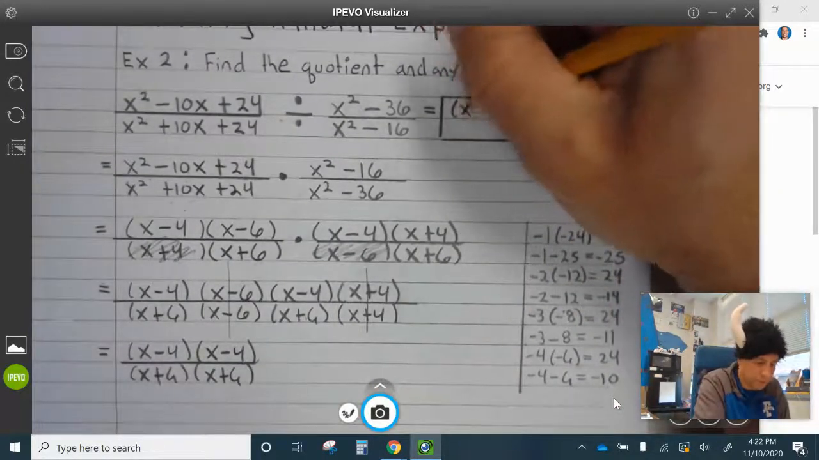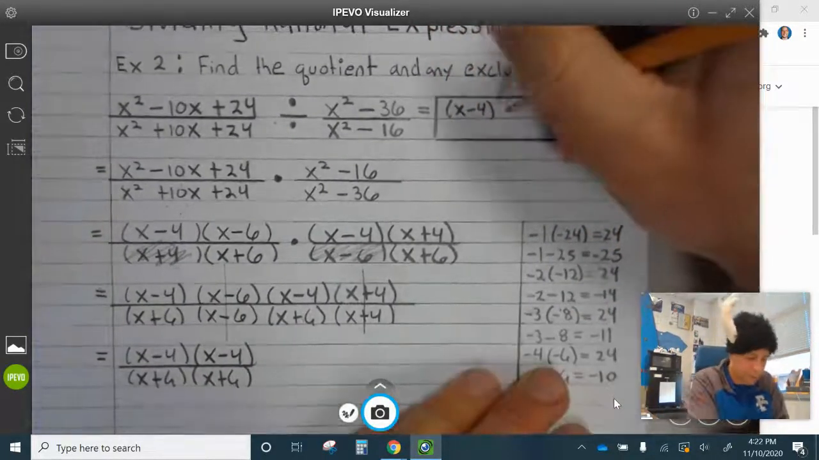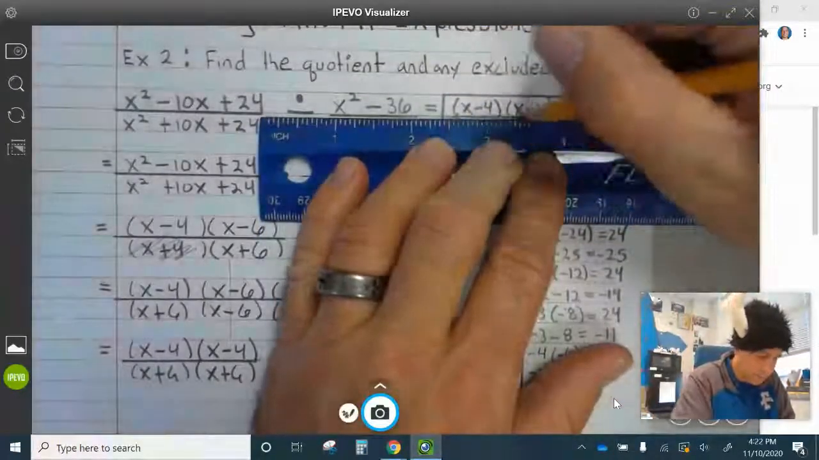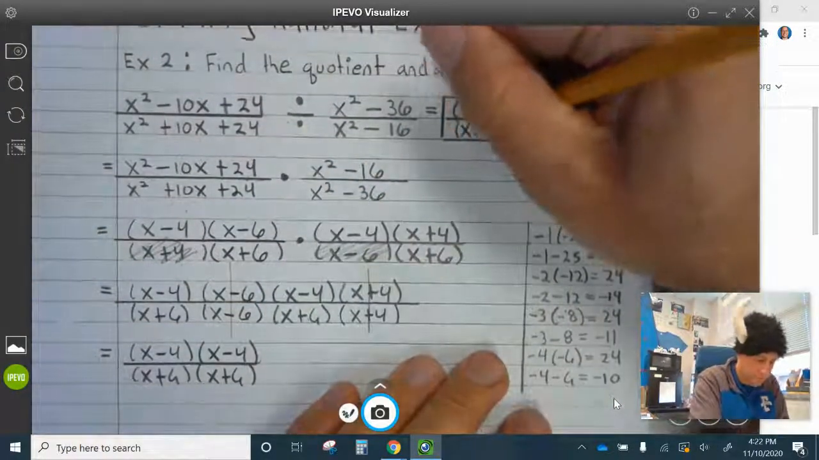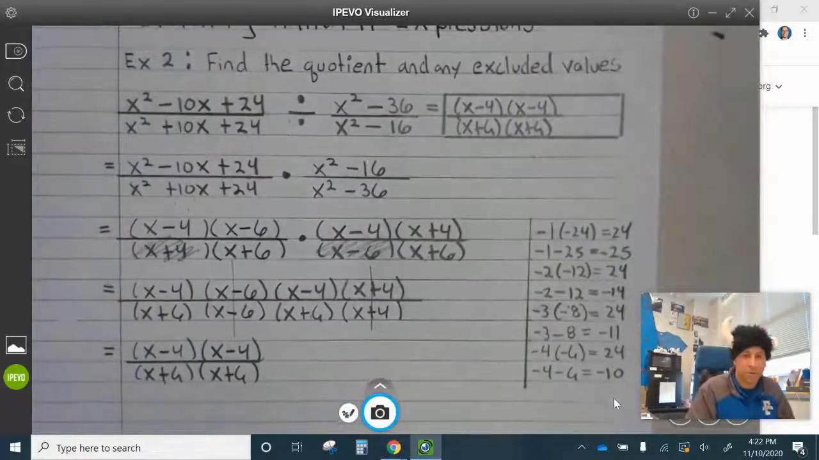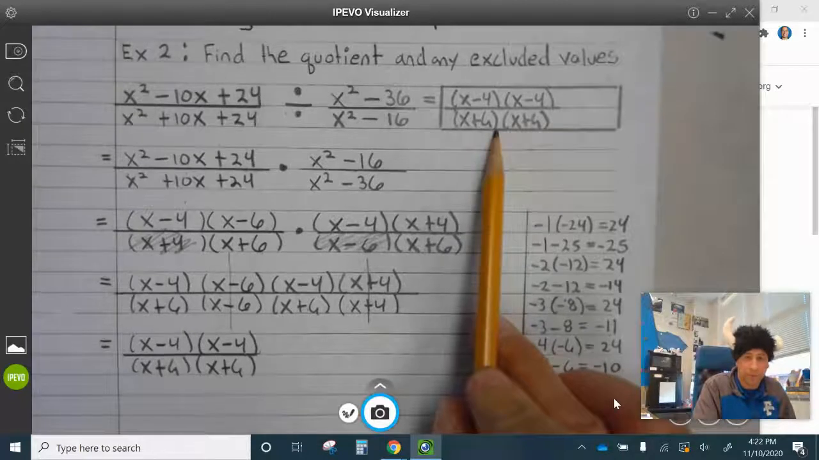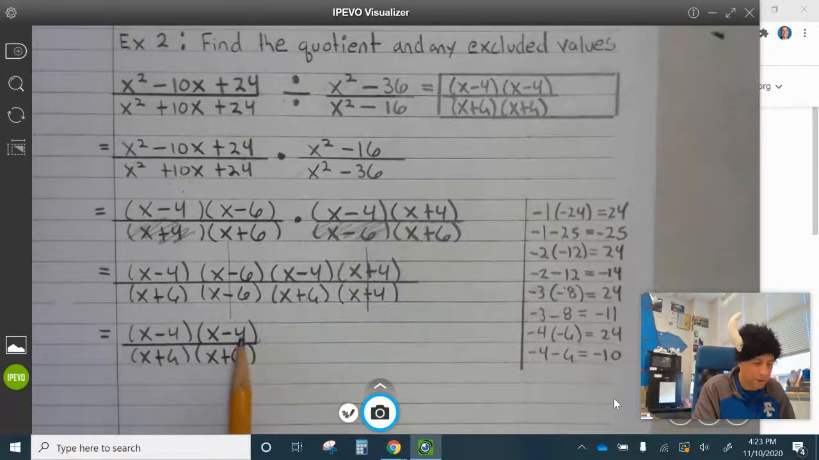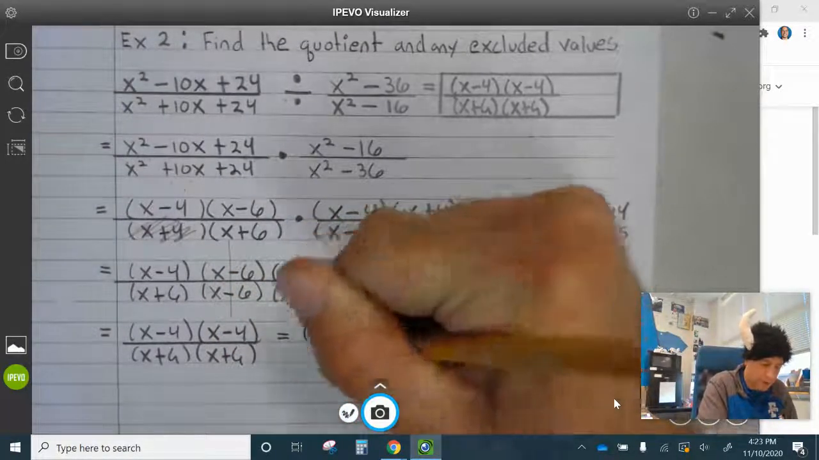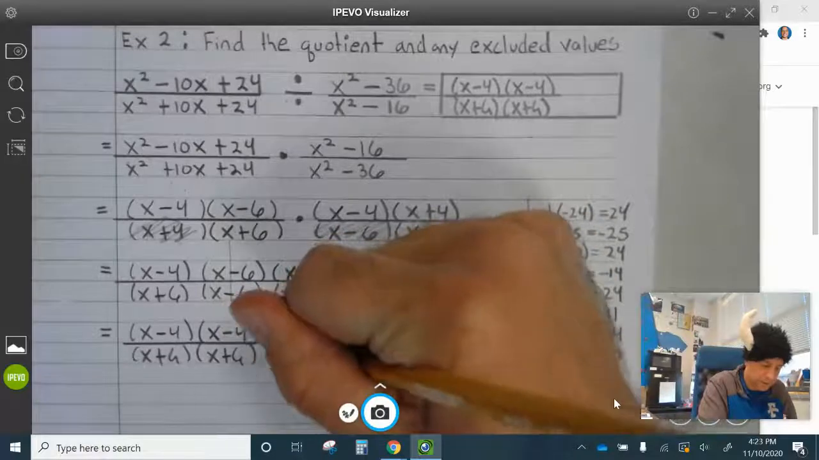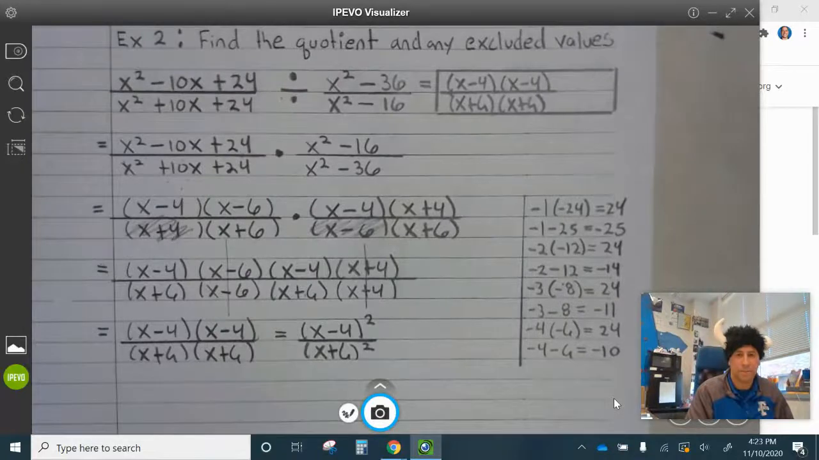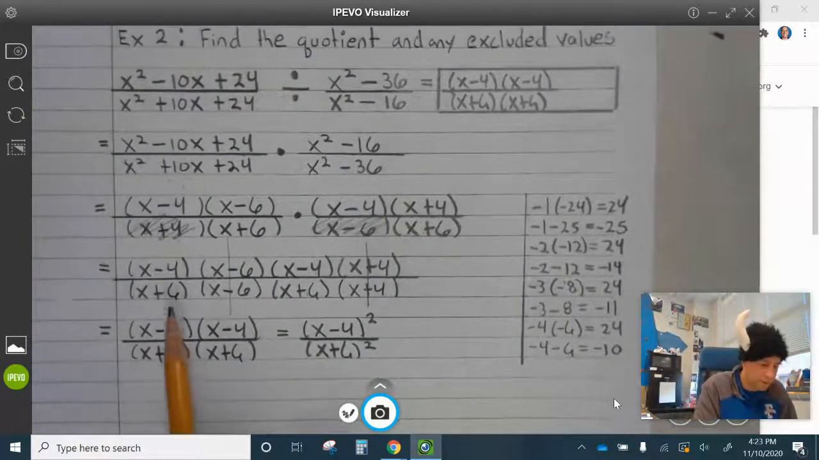So this is equal to x minus 4 times x minus 4 divided by x plus 6 times x plus 6. Now, I think that's absolutely acceptable, but because you're multiplying things by themselves, you can actually write this as x minus 4 squared divided by x plus 6 squared. But now to find the excluded values, we need to come back to each of these terms,